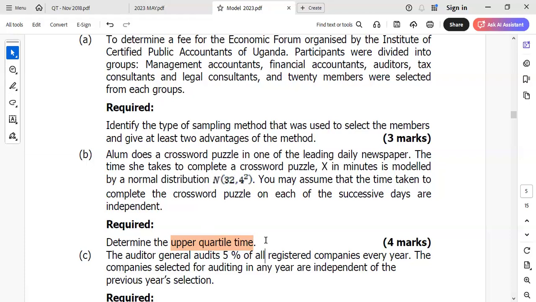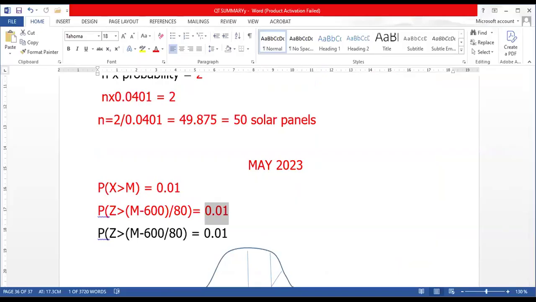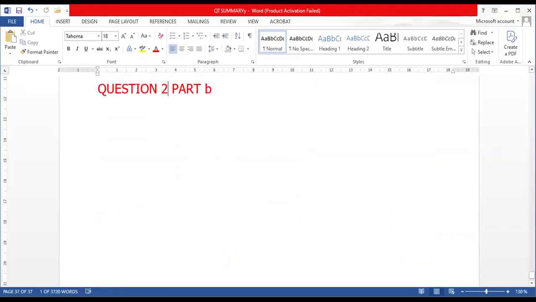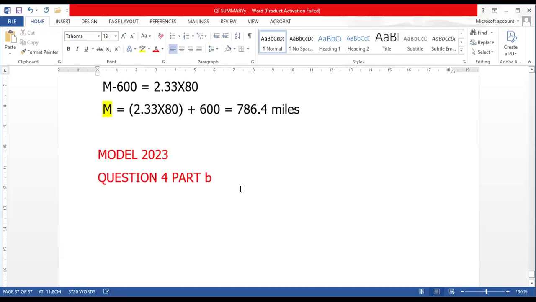So if X is the upper quartile time, I'm just going to give you a hint how to start, then you proceed. I'm not going to do everything. This is question 4B, model paper question 4B. So here you are supposed to just say, let's say you can say Q, if Q is equal to the upper quartile,